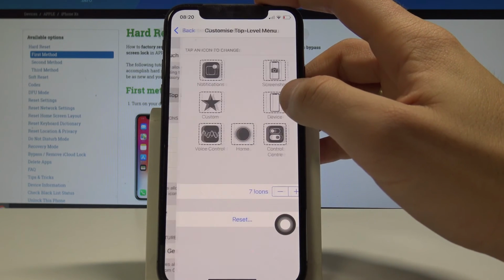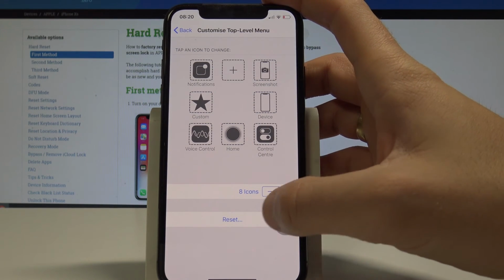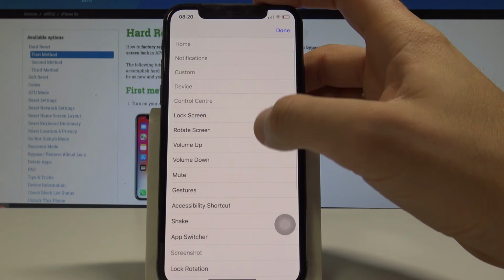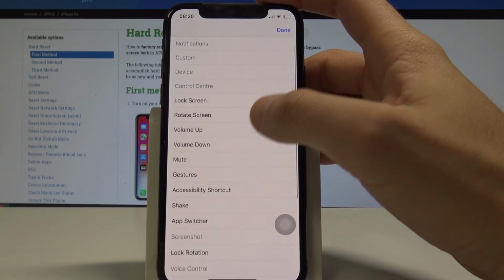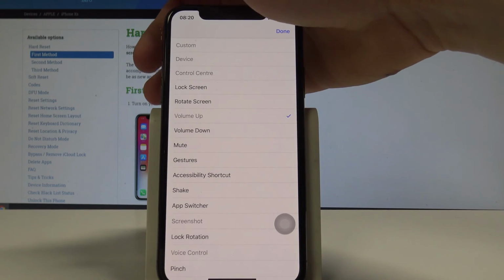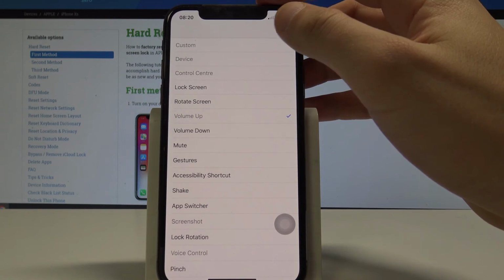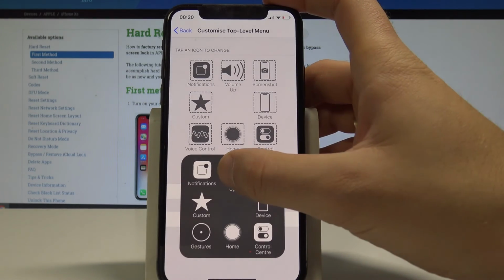You can also customize top level menu. For example, you can add more icons. And now let's decide what would you like to use on the following icon. For example, it could be volume up. If your button will be broken, you can use volume up in your Assistive Touch, and as you can see,